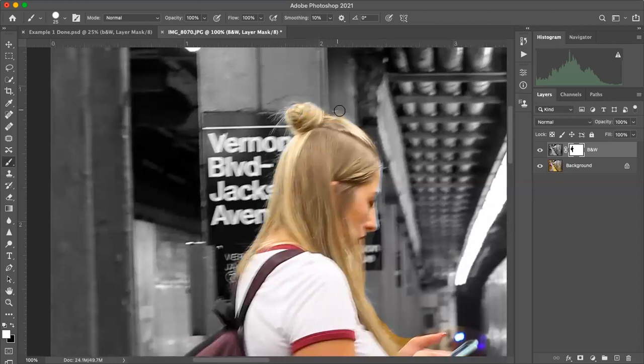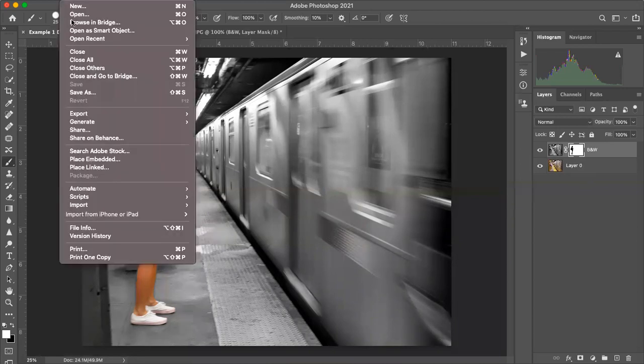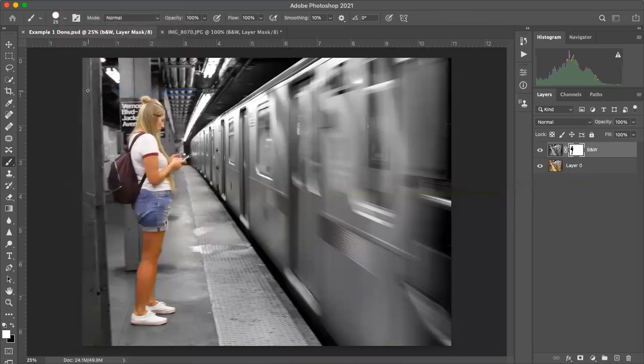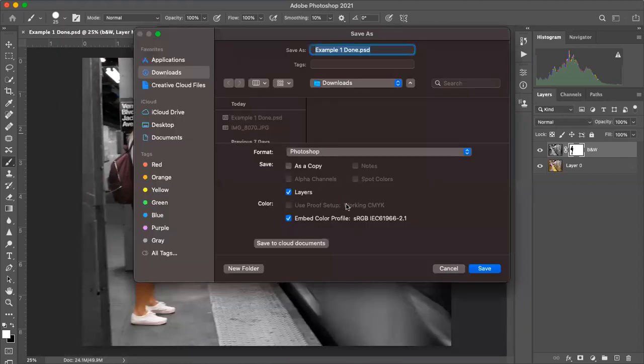And for the sake of time on this video, I'm just going to flip over so you can see what it looks like once you've gone through and fixed it all. But again, you're just switching between your paintbrush, and then you do have two layers. So you are going to go up here to the word File, and then you're going to Save As and save it on your computer as a Photoshop document. So make sure the format says Photoshop, and you can title it